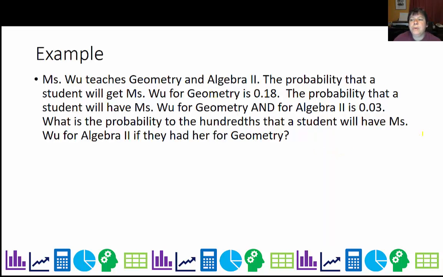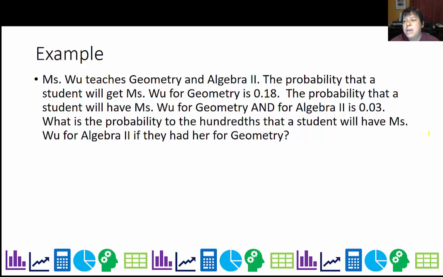Now we're going to look at an example. Miss Wu teaches geometry and algebra 2. The probability that a student will get Miss Wu for geometry is 0.18. The probability that a student will have Miss Wu for geometry and for algebra 2 is 0.03. What is the probability to the hundredths that a student will have Miss Wu for algebra 2 if they had